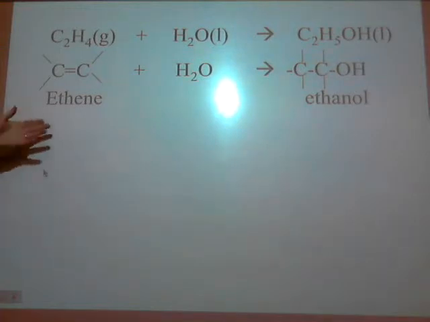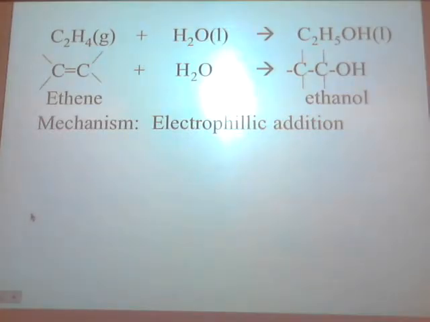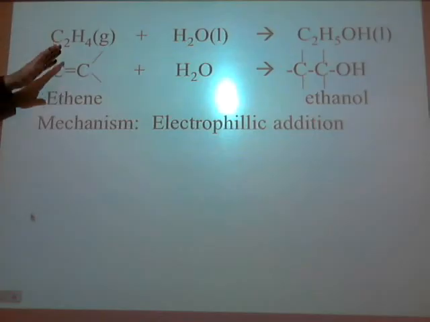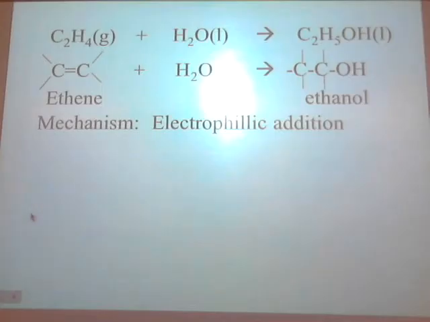All right, look at what mechanism this would go by. We only learned about really three mechanisms: SN1 and SN2, which were nucleophilic substitution, electrophilic addition, and free radical halogenation. Now, which one do you think this is? Something addition. What was the first word? Electrophilic. Electrophilic addition, exactly. EA, or electrophilic addition. And the whole time you were doing that, you never had it in your head. Now look at all we could do with that reaction.